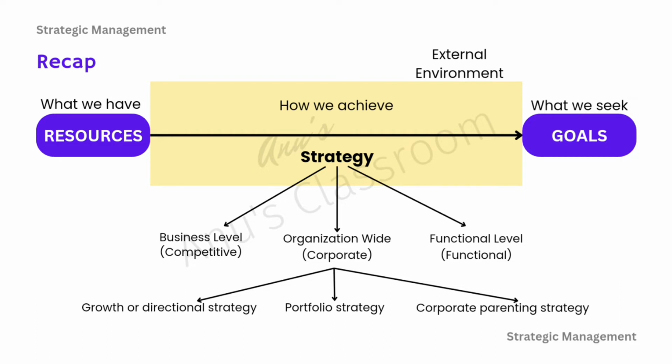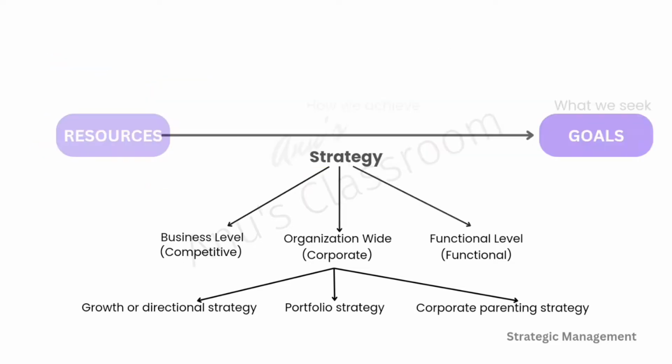So this is a quick recap of the plan of our strategic management course. So far we have come here by understanding what strategy is, and how we do environmental analysis in order to understand what we have, what hindrances we may have, and the opportunities and threats that our external environment poses. We also learned about the business level as well as competitive strategies. And here we are going to learn about corporate strategies. Once we have learned how these strategies can be formulated, we will next see how we can implement and monitor and control such strategies.